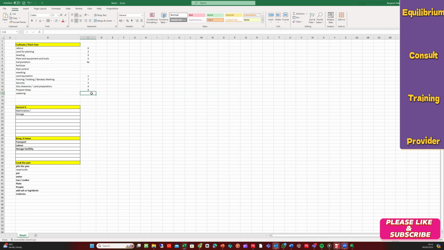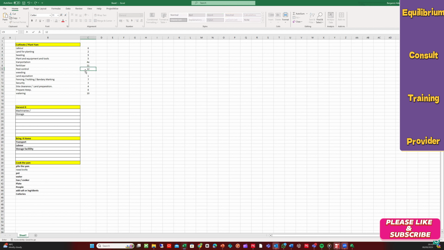So we want to start making sure the yam has enough water. So call it 10, if I'm right. Then we want to apply fertilizer. I put number 9 here, seeding, yeah. So we want to apply fertilizer. Please, somebody help me. What else? I don't want to be doing this by myself. Pest control after then. Cool.